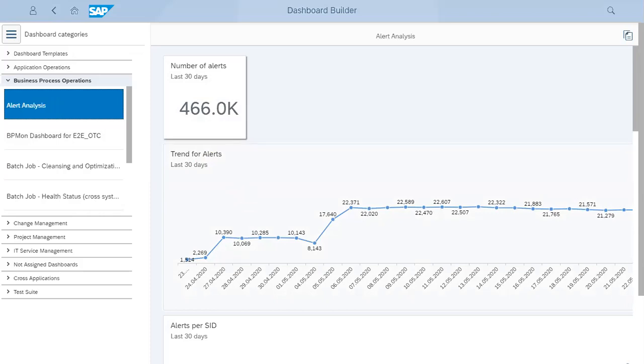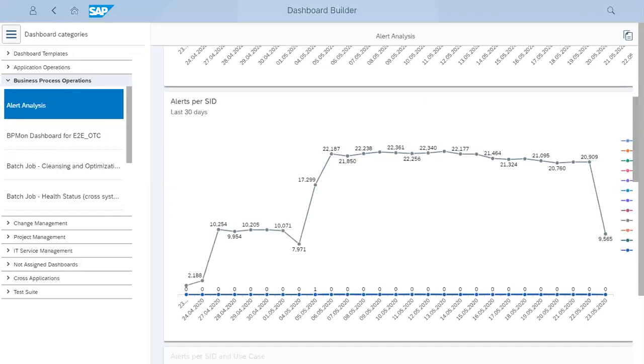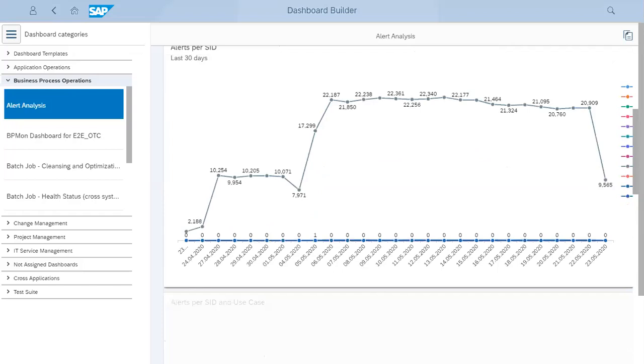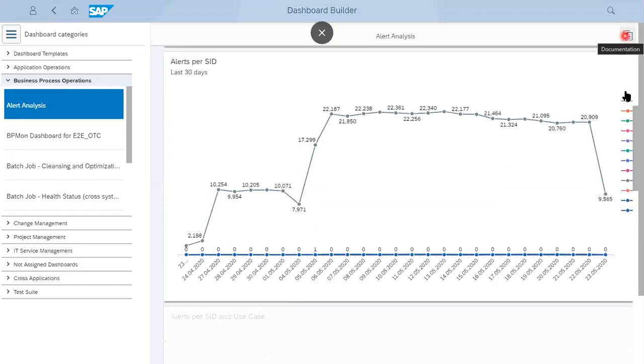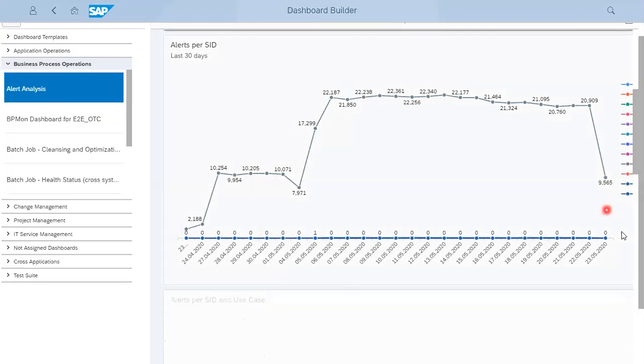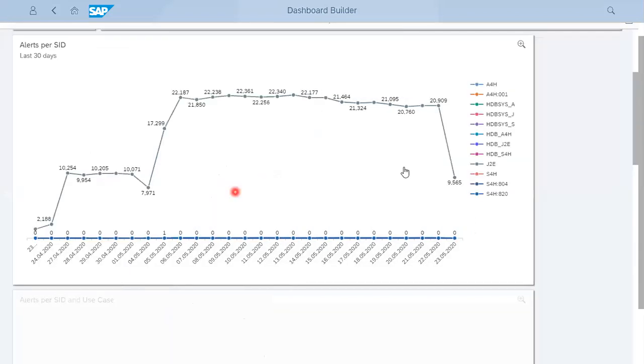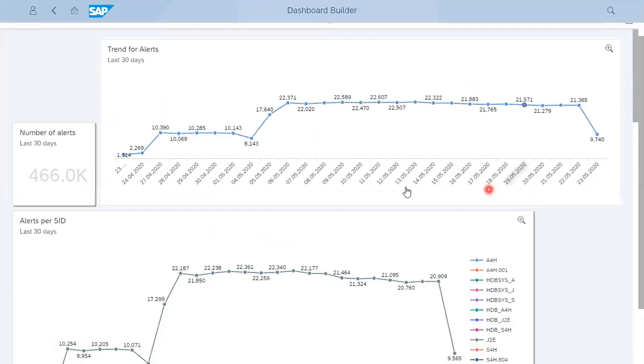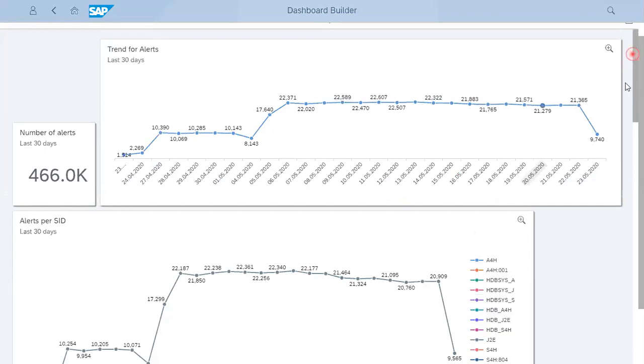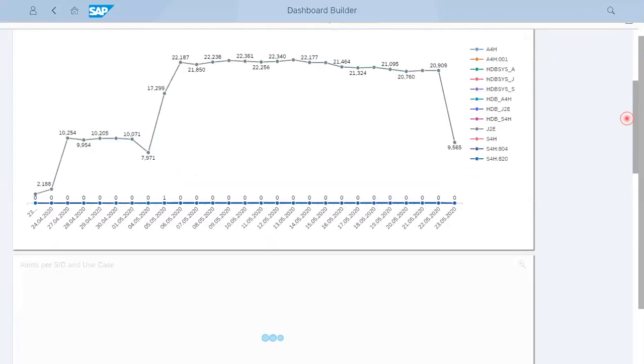If you go down, it will show alerts as per SID, meaning as per systems. And if I want to see in detail, let me show. I think I have an option to show you. Let me, yes, now I have expanded this, and now based on the SID it is showing the number of alerts. So currently for which system it is showing, it depends. Now it is showing alerts trend, as in alerting as per SID, how many alerts are there.